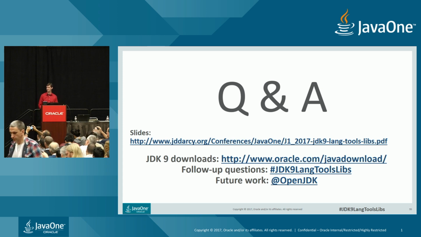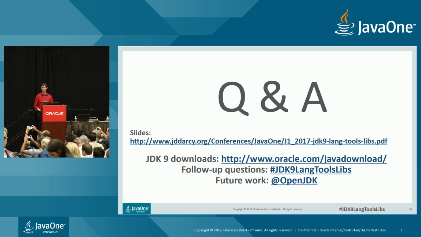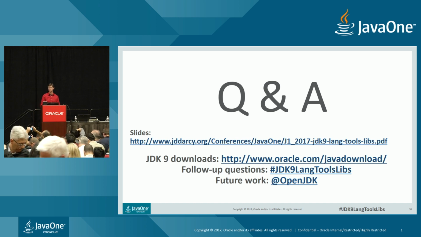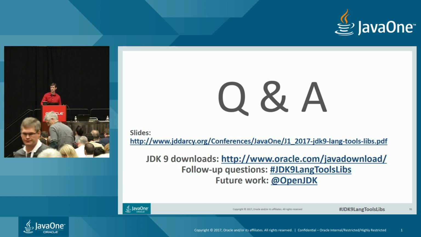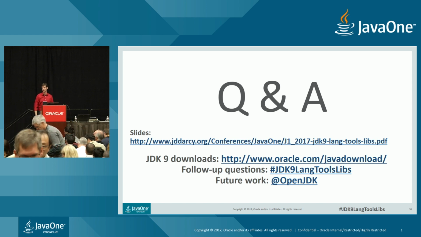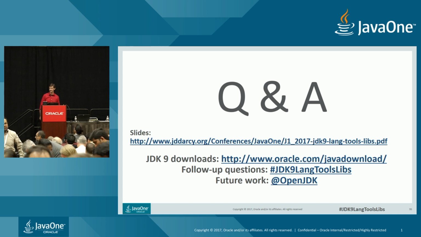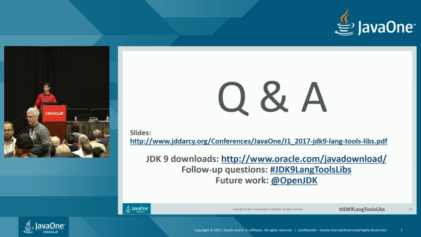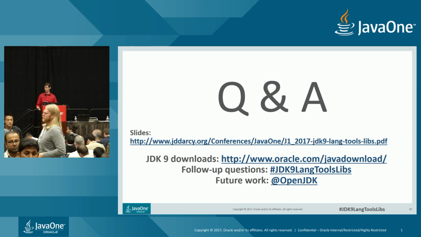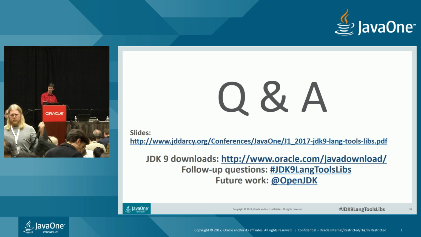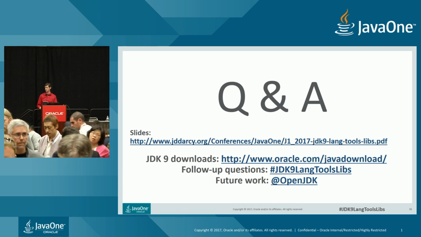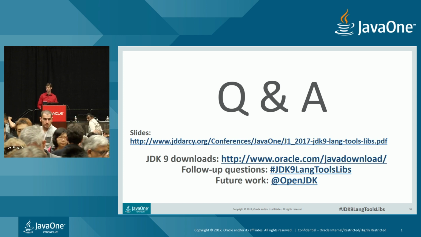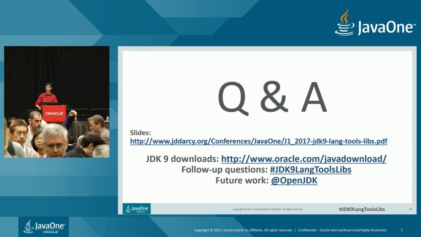With the new --release flag, how does that interact with -source and -target? Because a lot of people are using Gradle or Maven, they're already pre-programmed things. Right. So the question is, how does the --release flag interact with -source and -target? And the answer is javac gives an error if you try to do both. So you can do one or the other. You either have to do --release, where it takes care of everything, or you can use the source and target flags explicitly. Makes it challenging. The tools will have to change to support it, yes.